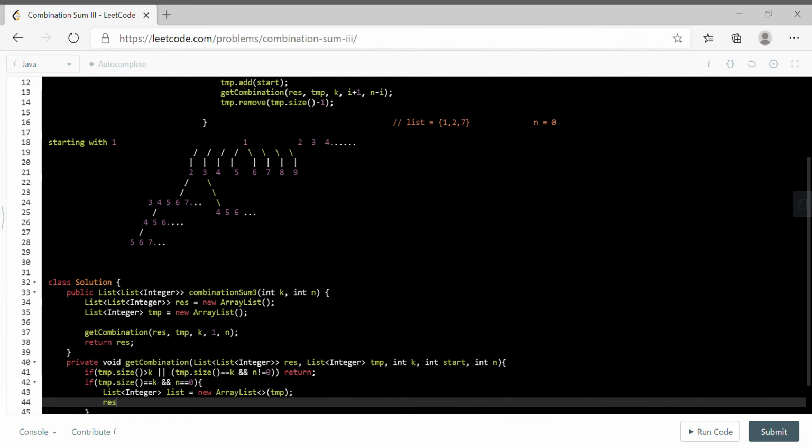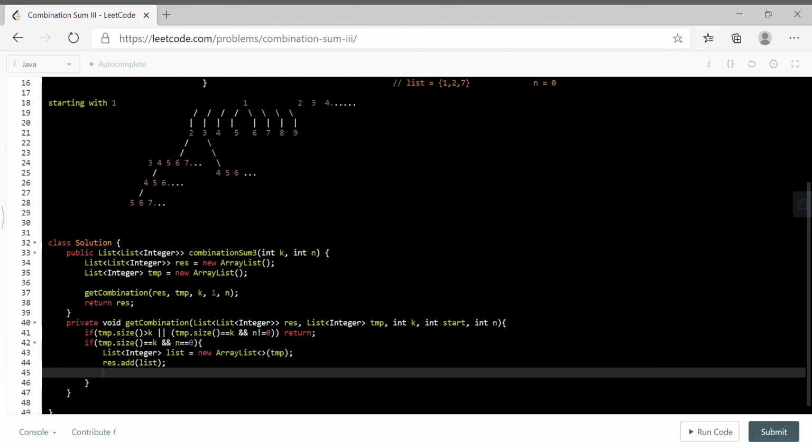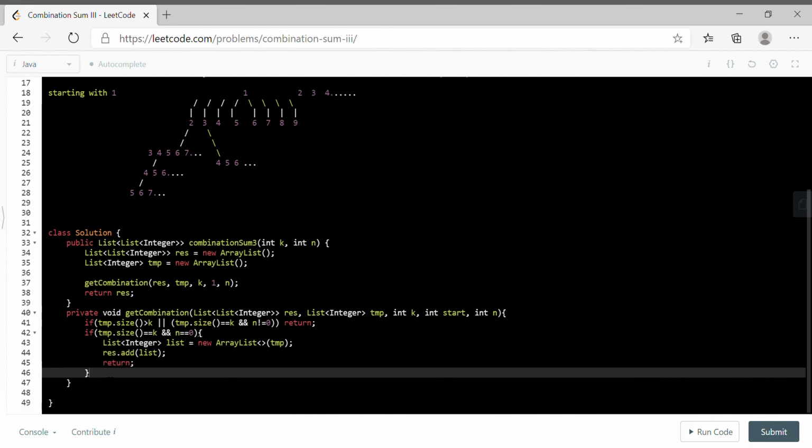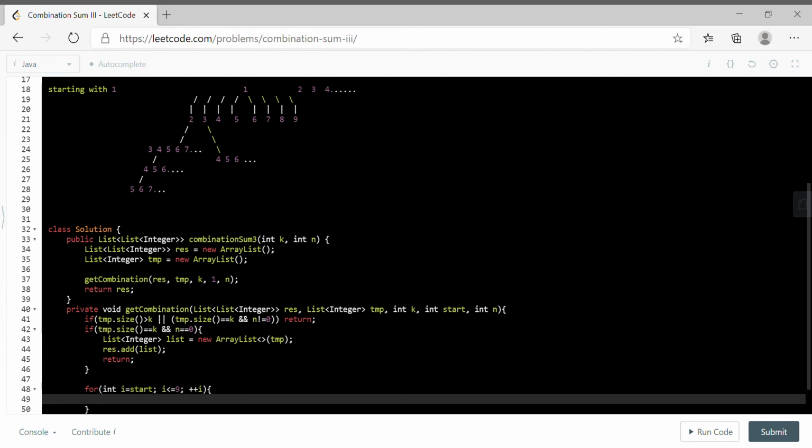Now we'll add result, in a result we'll add the temporary list and we'll return, right? If these are not true, we will iterate int I is equal to start, I less than equal to 9, plus plus I, right?